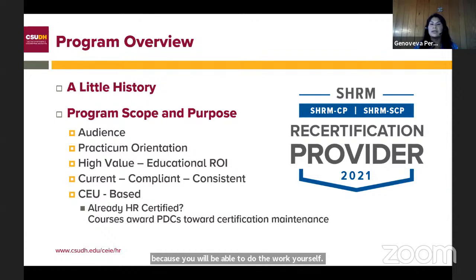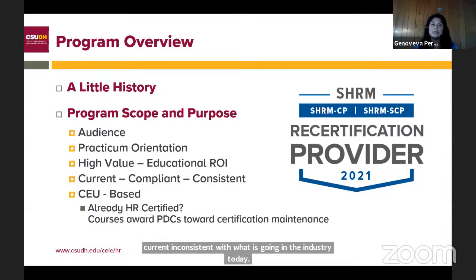We are current, compliant, and consistent. Being in this industry and having the responsibility for different organizations and our students, we ensure we stay compliant and current by continuing to educate ourselves. We all have different teaching methods, but we always communicate with one another so we are consistent and ensure that the materials you are being taught are current and consistent with what is going on in the industry today.